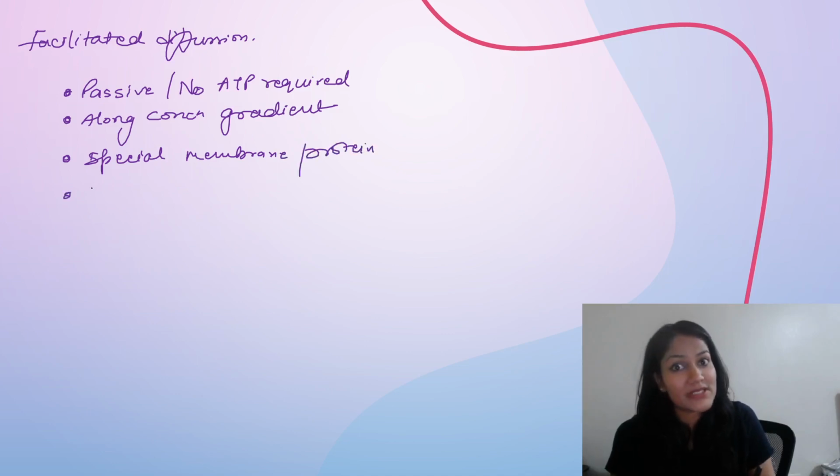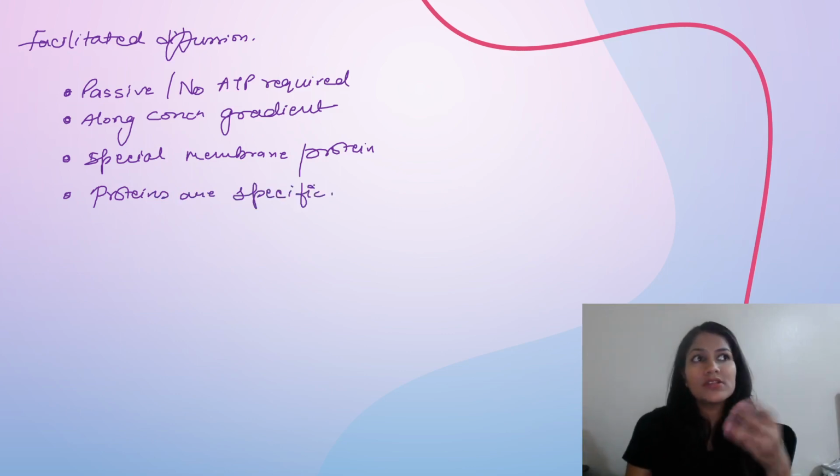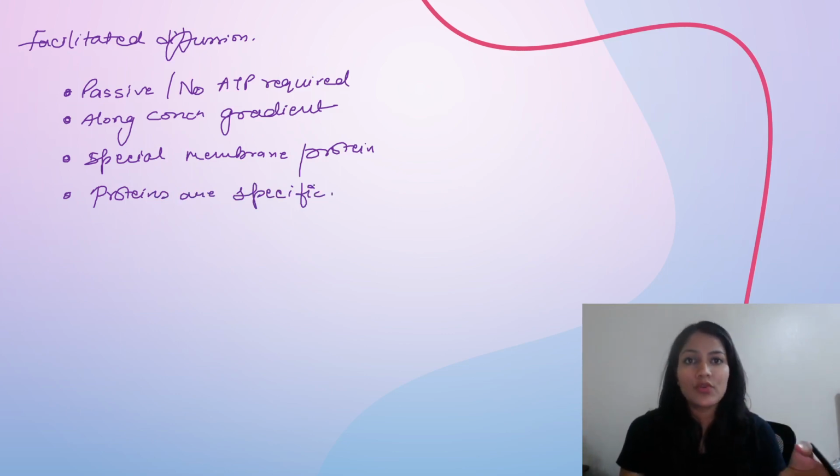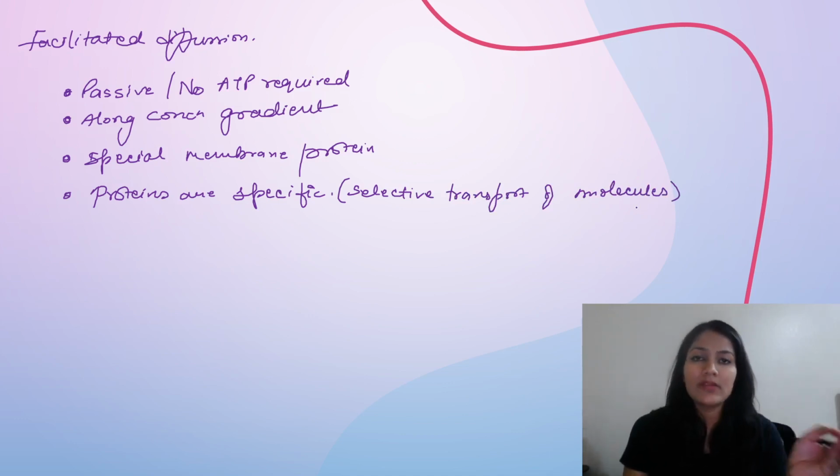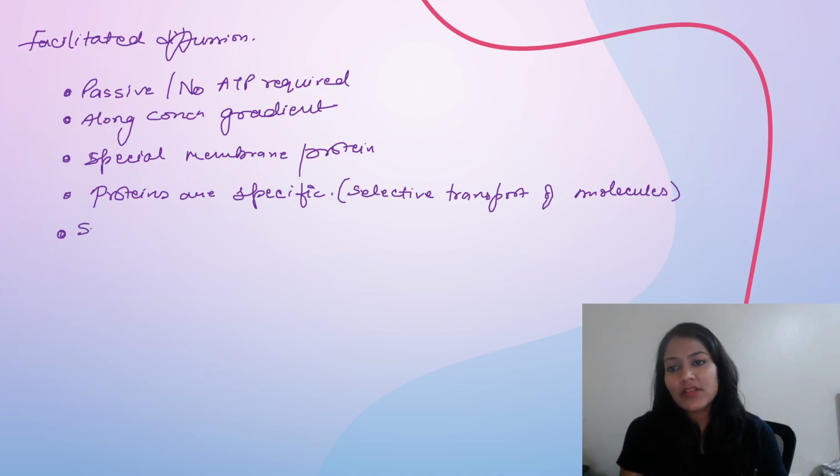These membrane proteins are specific in nature, right? So proteins are specific, which means कि ऐसा नहीं है कि हमारे पास कोई भी चीज का ट्रांसपोर्टेशन हो जाएगा। दे विल बी सेलेक्टिव ट्रांसपोर्ट ऑफ मॉलिक्यूल्स अक्रॉस द मेम्ब्रेन, ठीक है। अगर हमें सोडियम ट्रांसपोर्ट करना है तो सोडियम का ही ट्रांसपोर्ट होगा, ग्लूकोज का ट्रांसपोर्ट करना है तो ग्लूकोज का ही ट्रांसपोर्ट होगा, राइट। इट्स नॉट लाइक दैट एनीथिंग इज गोइंग टू एंटर इनसाइड द सेल, a specific molecule will enter inside the cell, ठीक है जी। चलिए, इसके अलावा दे आर सेंसिटिव टू इनहिबिटर, ठीक है।